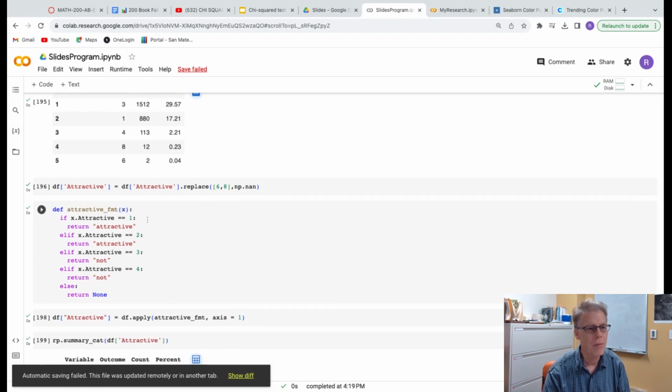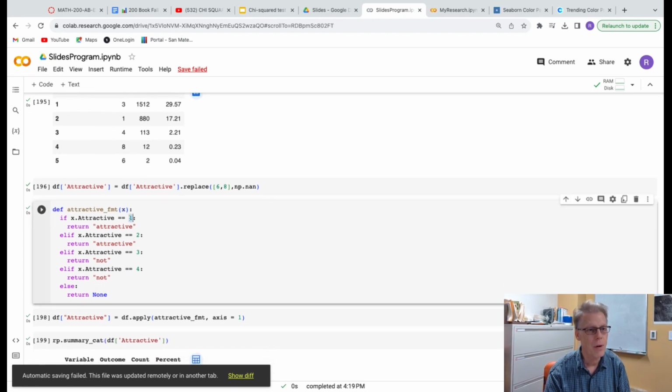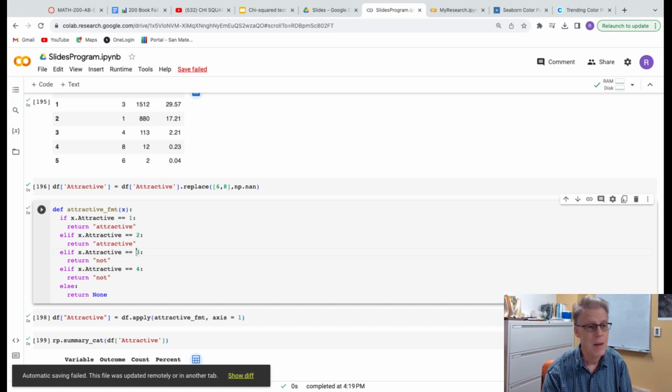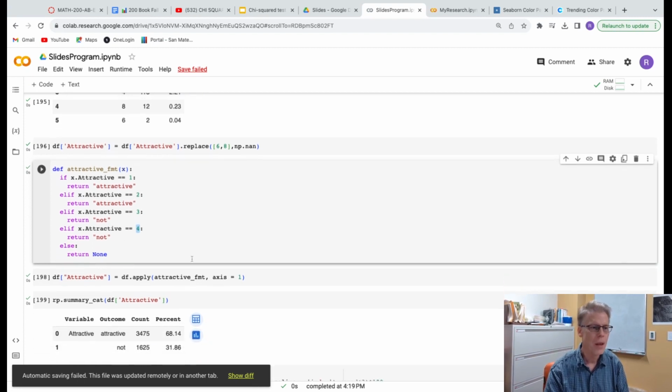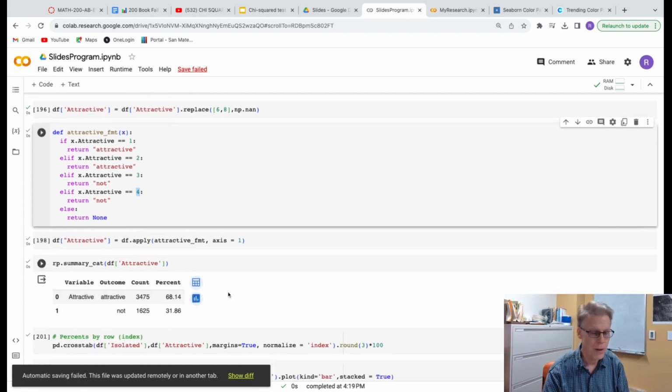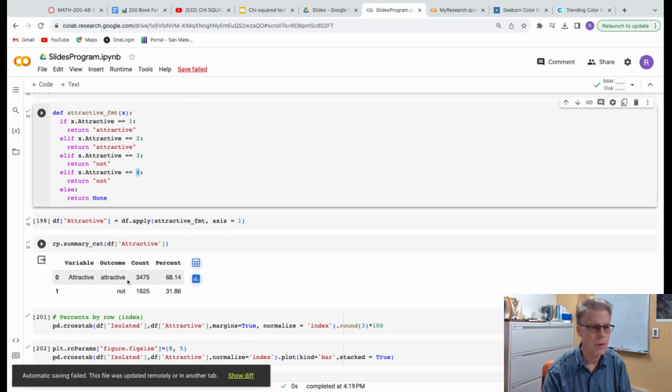So anyone that thought they were very attractive or moderately attractive, I categorized as attractive, and anybody slightly attractive or not attractive, the way they thought about themselves, I categorized as they thought they were not attractive. And so I got those two levels which you need to have for the response variable. And so here we go. Here's our table that shows that it did that.